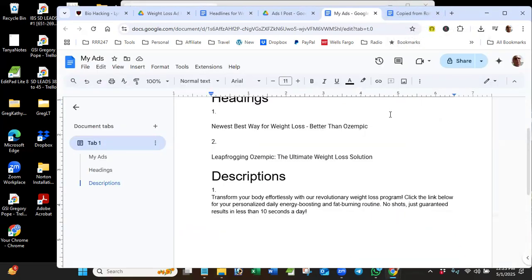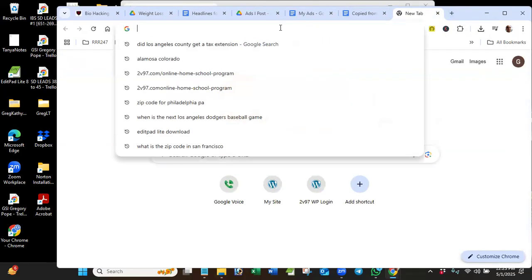All right, so I don't want to spend too much time on images. That's why it's important to get with all the training, because there's just a lot of things to learn. It just is. And so right now we're working on how do I post an ad. All right, so now I'm going to go here and click on